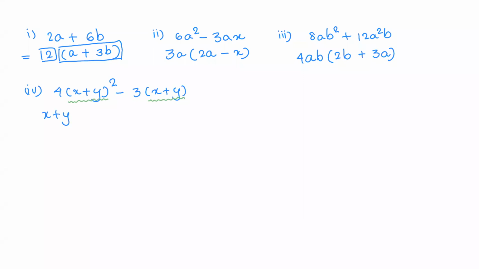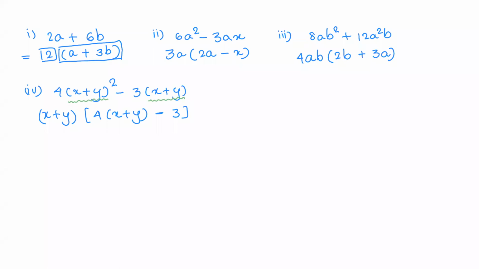So if we take x plus y common outside, what remains inside? The numbers are going to remain as it is intact. Acha, now from (x plus y) the whole square, one x plus y has gone outside, so one x plus y still remains inside. है कि नहीं? अच्छा, अब second term में 3 remains inside and 3 के साथ जो x plus y था वो तो बाहर चले गया common. So if that's gone outside common, तो 3 के साथ कुछ भी नहीं रहेगा.